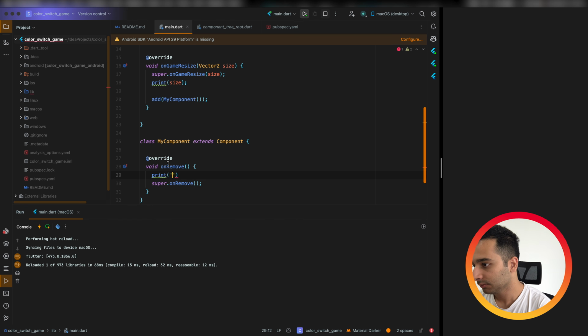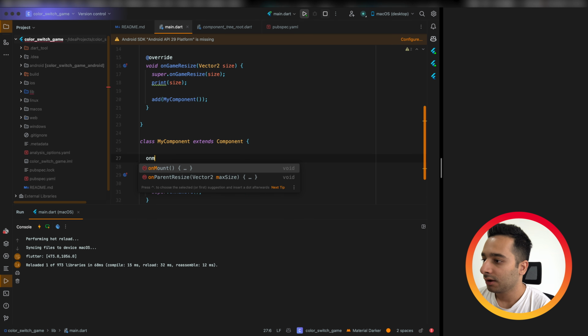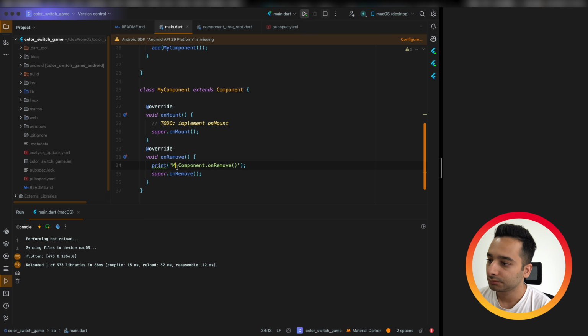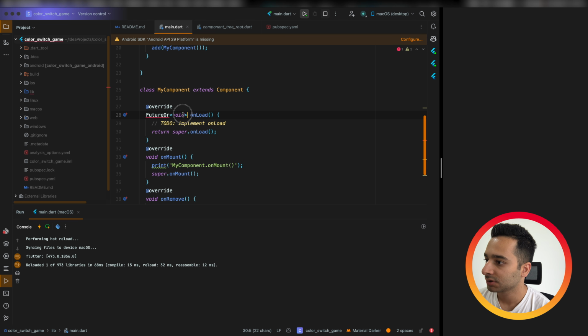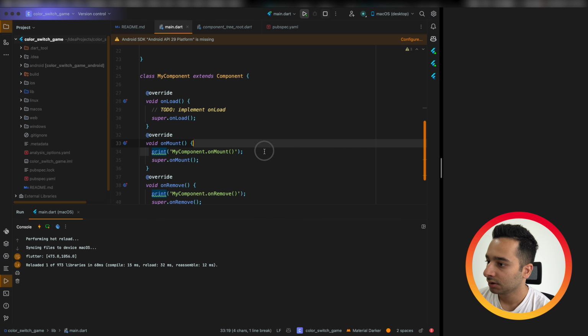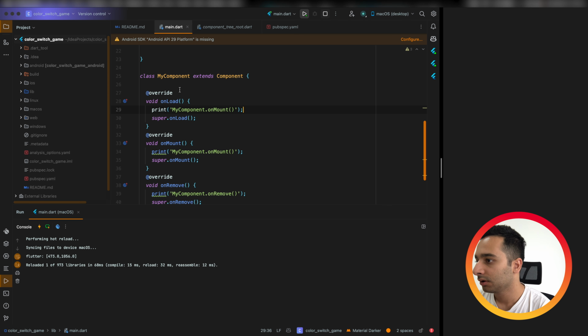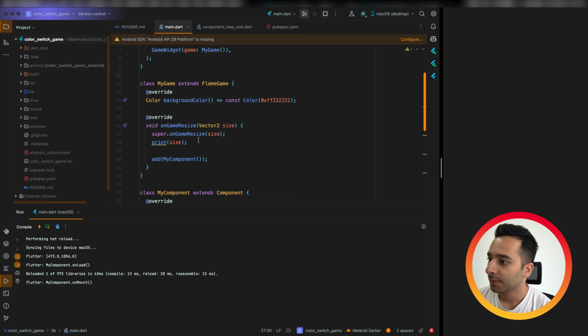Print my component.onRemove and onMount. And also let's override the onLoad method to see how it works. We have a void here. We are not going to return this. My component.onLoad.